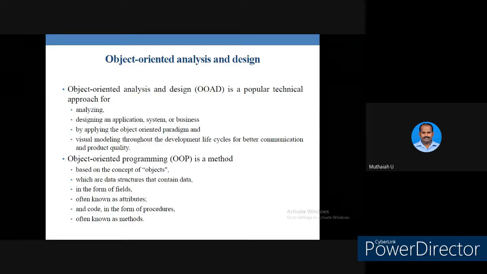So why is object-oriented analysis very important? When you go to the industry, these are the phases you have to move through. When you receive the problem from the client, you have to analyze it. After analyzing the problem, you have to go for design. After designing, you have to go for implementation. After the implementation, you have to go for testing. These are the steps you have to go through. Don't think that when you sit in the industry, you are straight away writing the code. It is not at all possible.